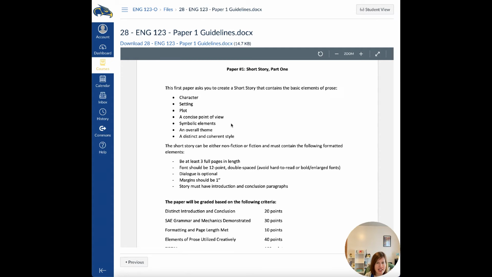And by symbolic elements, you can do a lot of different things with this. For example, sometimes an author will symbolically make a character's name mean something. Like if their name is Sunny and they're a really bright, happy character, that's a symbolic element. If a character wears red all the time and they're always really angry, that could be a symbolic element, like that red coming through. If the story takes place in a room that is red and it's very tense and aggressive, that's a symbolic